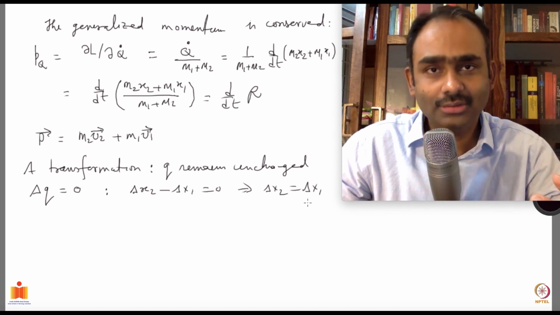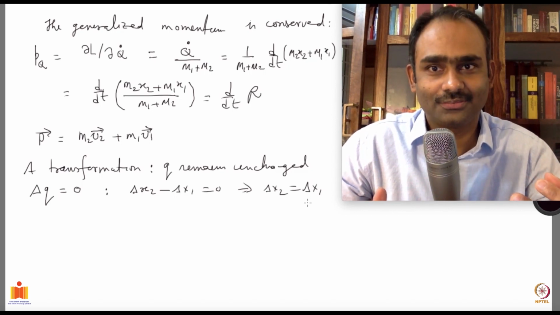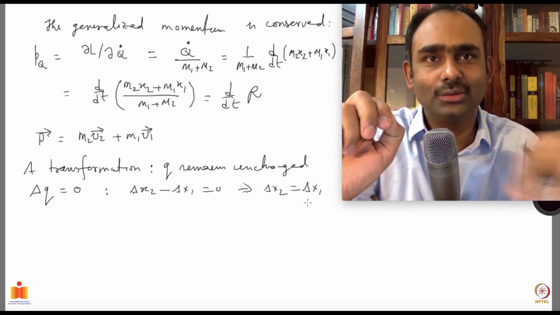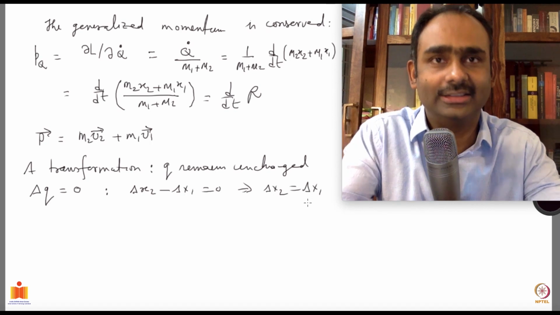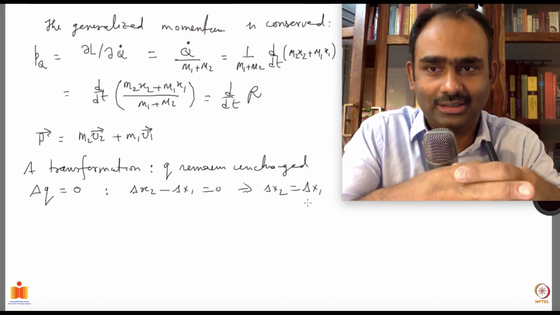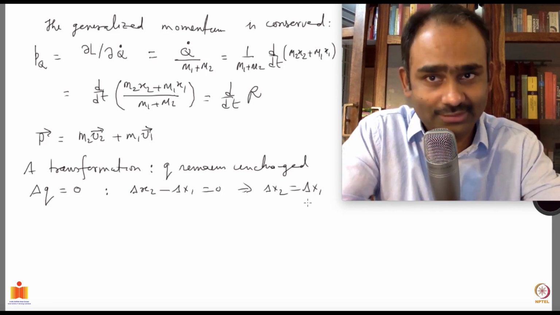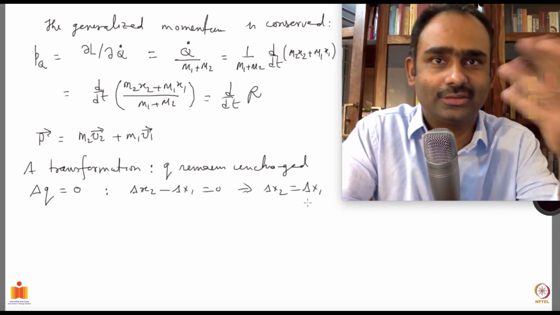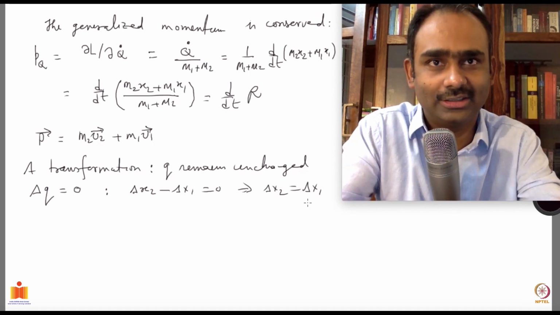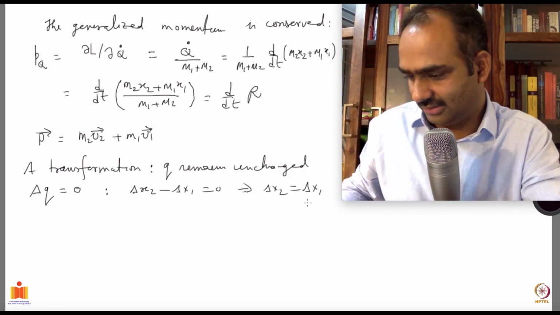And you see, when I do so, it does not matter what capital Q is. If I have chosen to keep small q at 0, then no matter what I do to capital Q, my Lagrangian does not change because it does not appear in the Lagrangian. And you should check that capital Q just determines the location of the center of mass. It was m2x2 plus m1x1; all that is missing is the denominator with the total mass, which you can multiply. Okay, so that is one thing which I wanted to say.